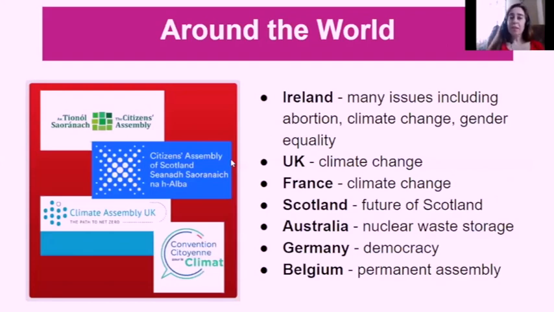So like I was saying, this idea of the citizens jury, or, in the Netherlands, I think it is, the consensus conferences. The idea of these kind of groups has been around since the 1970s. But it's only in the last 5 or 6 years that it's really starting to take off around the world again, and to deal with more than smaller local issues, to deal with larger national issues. So what really got it going again was the Citizens Assembly in Ireland that helped Ireland overcome an impasse on abortion. But that assembly also tackled some really important other issues that don't make the news as much, climate change.